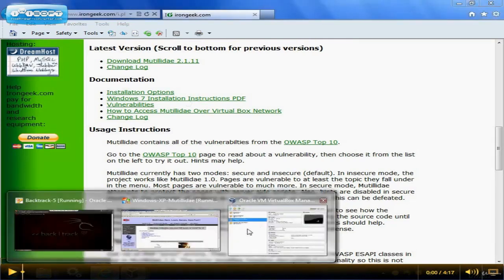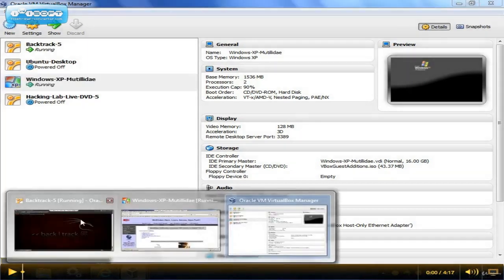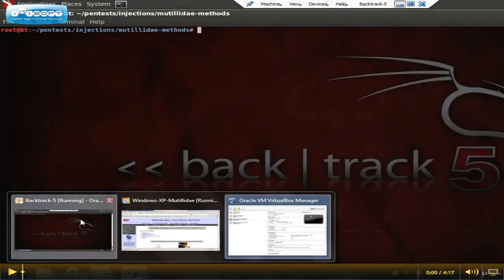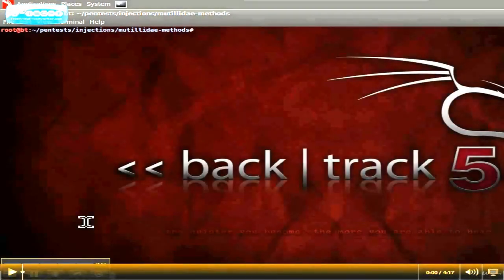Our lab is going to be a VirtualBox network with Windows XP acting as our web server, Mutillidae is installed, and BackTrack 5 running as well. We're going to switch over to the BackTrack 5 machine, and the first thing we need to do is figure out where the Mutillidae machine is on the network. We're going to use Nmap to figure that out,